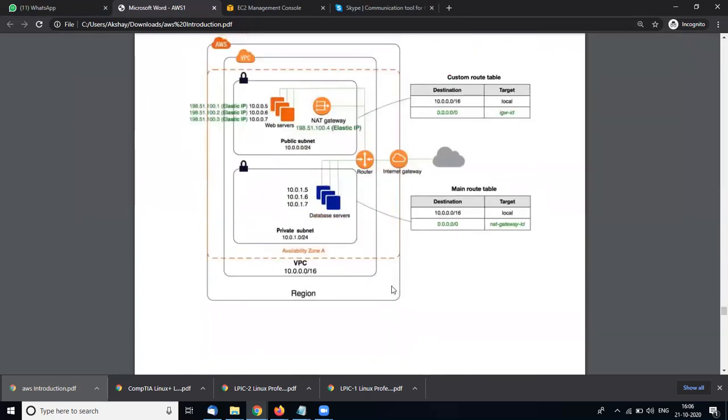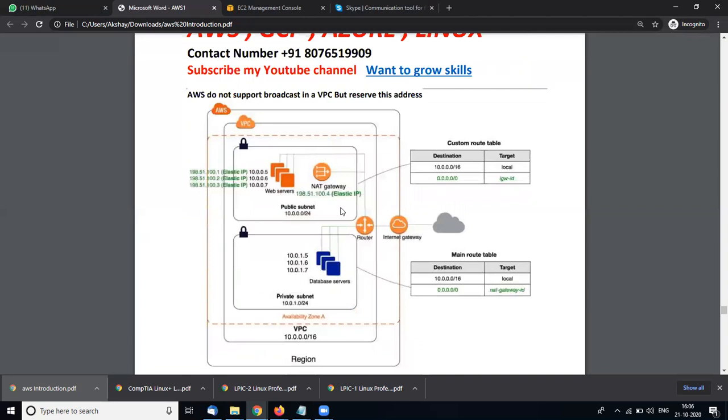like this is the public subnet, with my three servers in the public subnet, and I have three database servers in the private subnet. So anyone can access my web server, my website server, or anything I have created in the public subnet. Anyone can hit this server, but no one can access the database server. That's why we need to create a VPC, to secure our database servers.